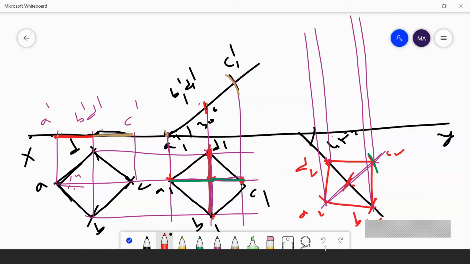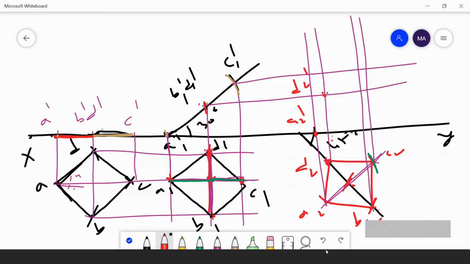A1 dash and A2 are both on the same line here. I am considering it as A2 dash. Next, see here D2. I am projecting these lines this side. So see here, you have D2, and B1 D1 on the same line. D2 is on the same line, so you will get D2 dash.